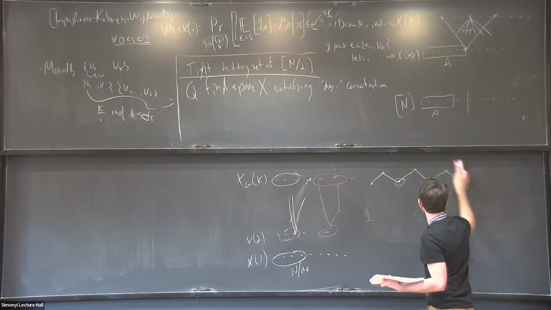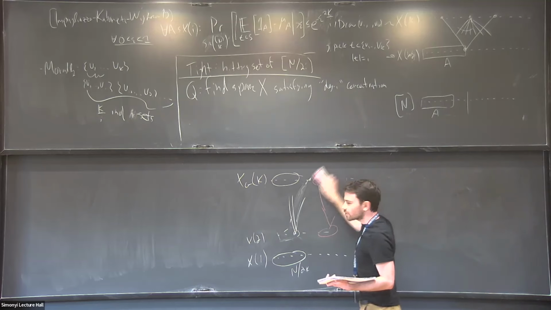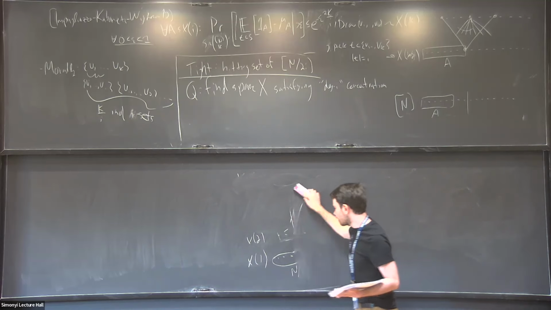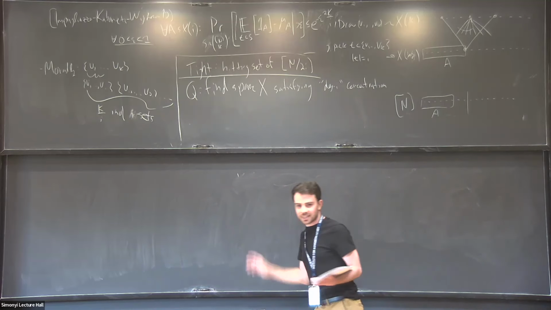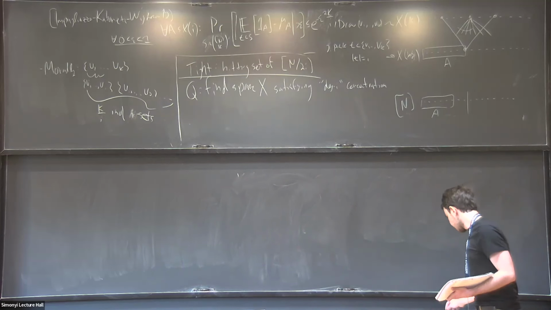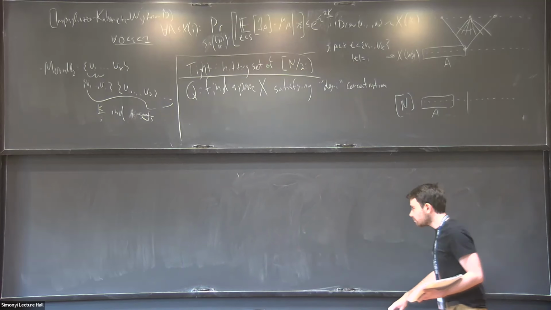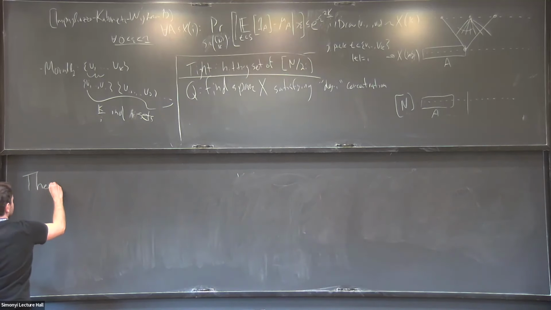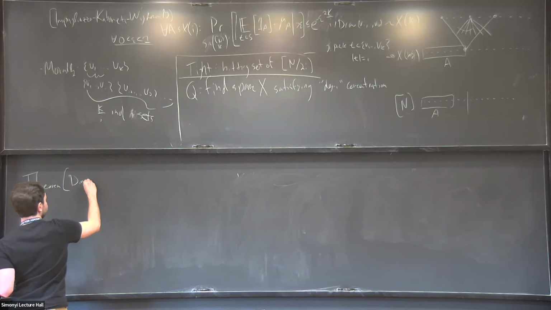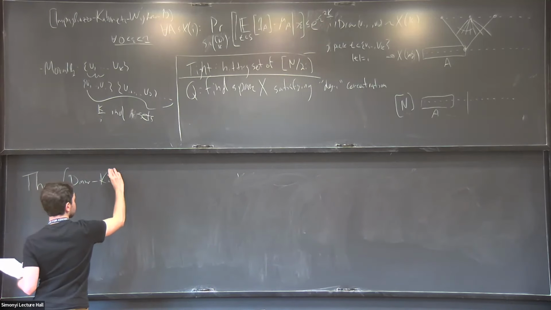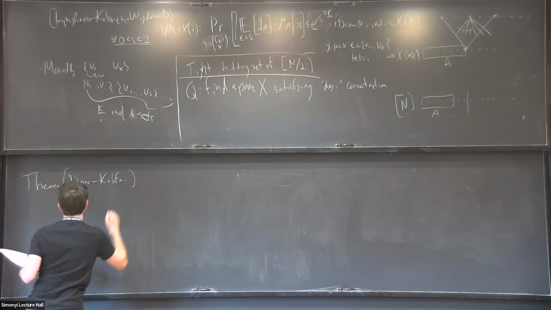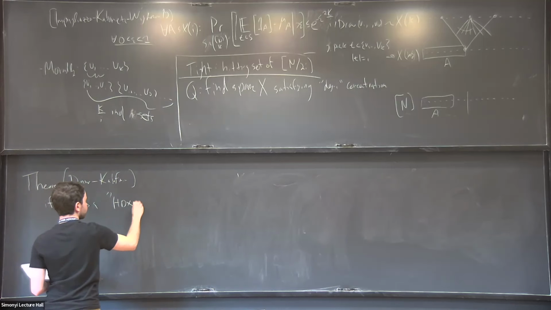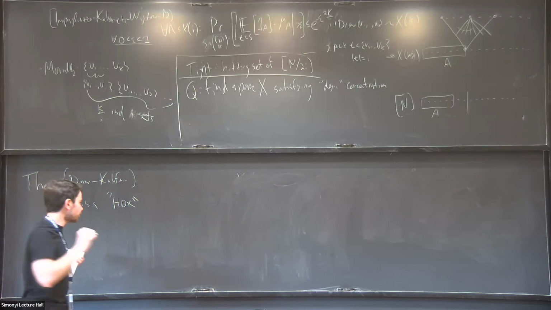As some fraction of the audience knows, these objects exist. They're called high dimensional expanders. Indeed, the modern spectral definition of high dimensional expanders was introduced exactly in this context. So let me write a theorem. I'll define HDX in just a second. Here's a theorem of Dinur and Hopkins: if X is a sufficiently good high dimensional expander, which I will define soon,